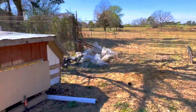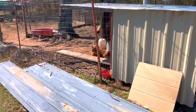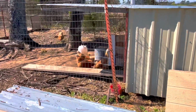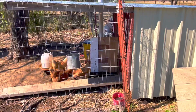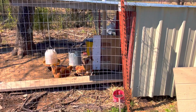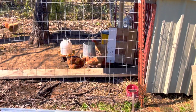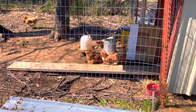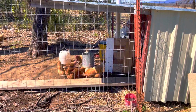So I'm thinking, instead of having a door that opens and shuts on the coop, I'll use that actuator and have it so I can open the door to the pen, so I can keep them in. I don't know when they lay. I think the chickens lay in the morning and the ducks lay at night or something. So anyways, I want to be able to let them out